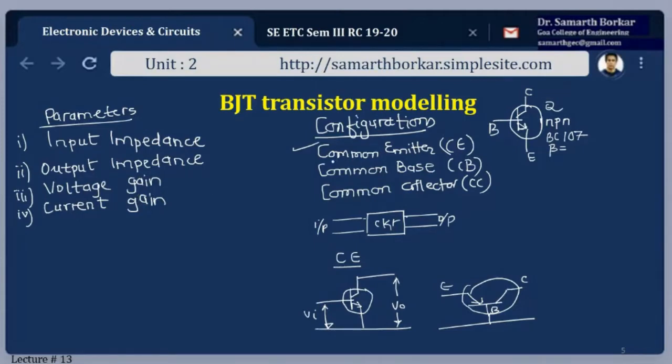Fine. The input impedance of one of these particular circuits will be higher as compared to the input impedance of the other. Now, in a given scenario, the input impedance has to be always high and the output impedance has to be low. We will try to understand that. Okay, before that, some basics about the transistor.